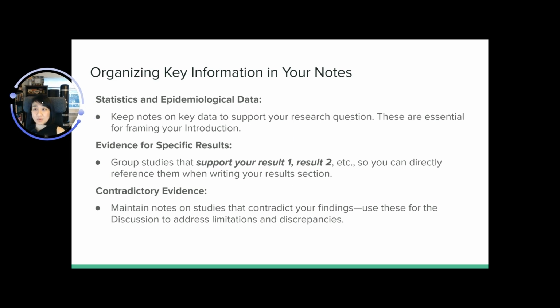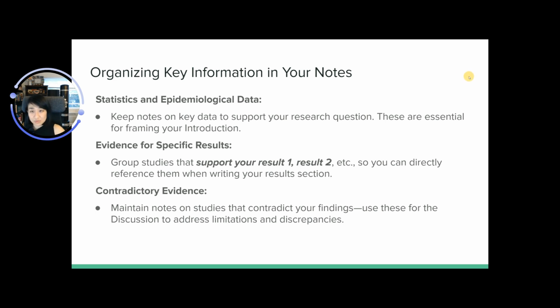Now, how do you organize things? You want to organize key information, your notes, in several ways. First, I like to keep my statistics and epidemiology data in one section. Every time I see key stats or epidemiology data, I'll keep notes on key data to support your research question, and they're essential for framing your introduction. So I'll put incidence rate here, prevalence there, what the guidelines say, everything related to statistics and epidemiology data